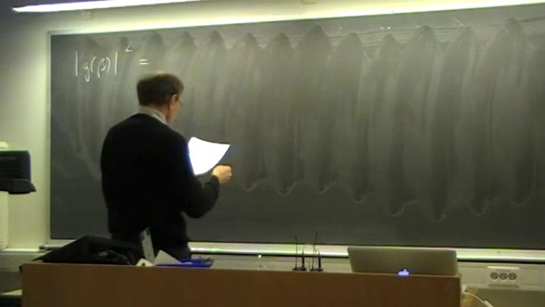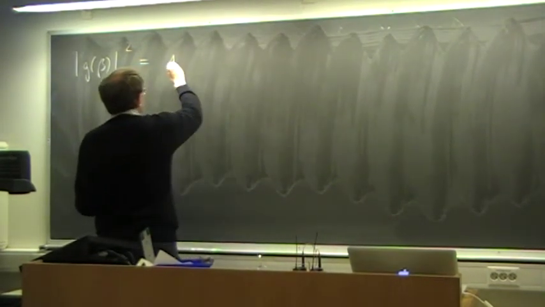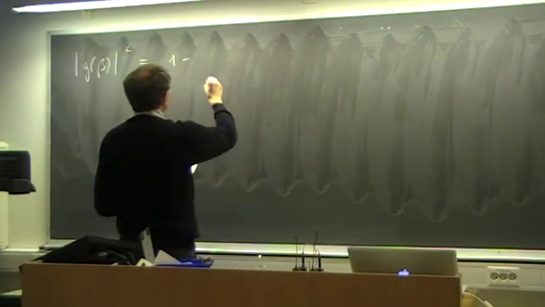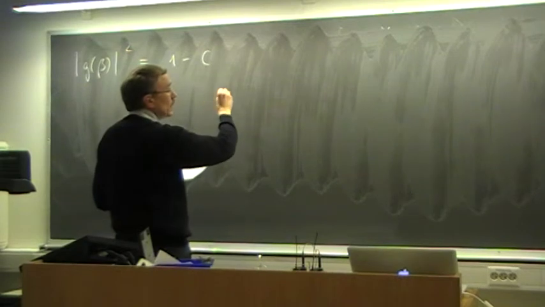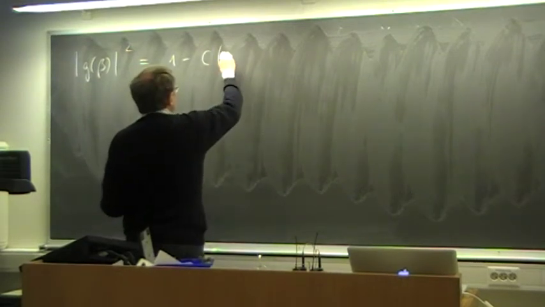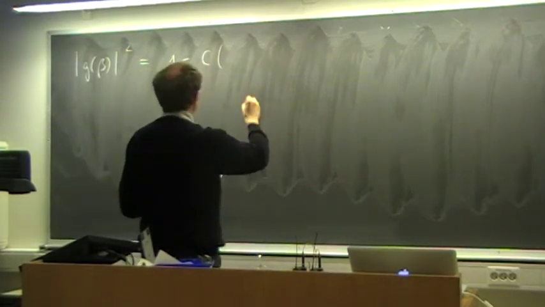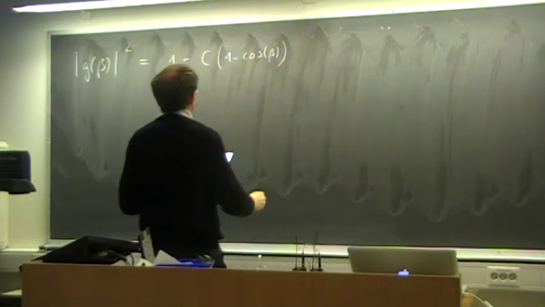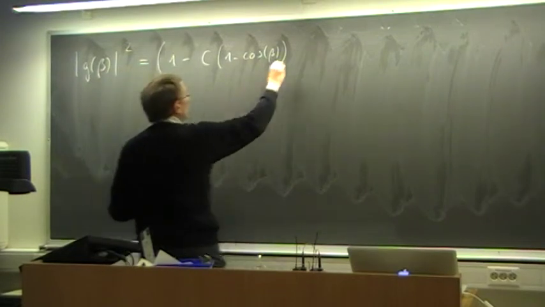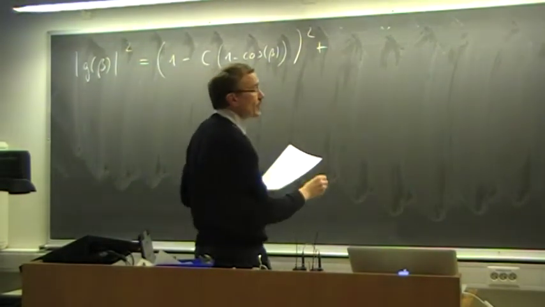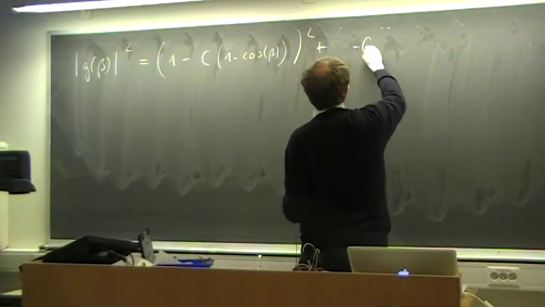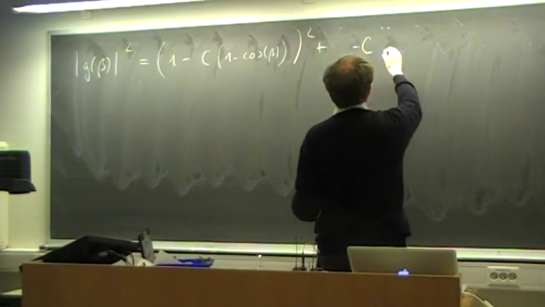The real part is 1 minus c, that is 1 minus cosine. So that is the real part, plus the imaginary part, which is minus c sine